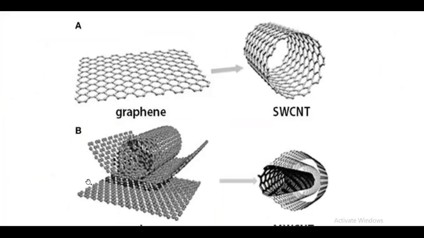These are four kinds of carbon structures which you can see. This is graphene, and this is SWCNT, which we will talk about in further sessions. This is graphene also. The single-walled carbon nanotube is formed from this graphene structure, and from this graphene structure, that is B, the MWCNT, the multi-walled carbon nanotube, is formed. We will talk about these in a further session, but this is just an introductory session on carbon nanotubes.